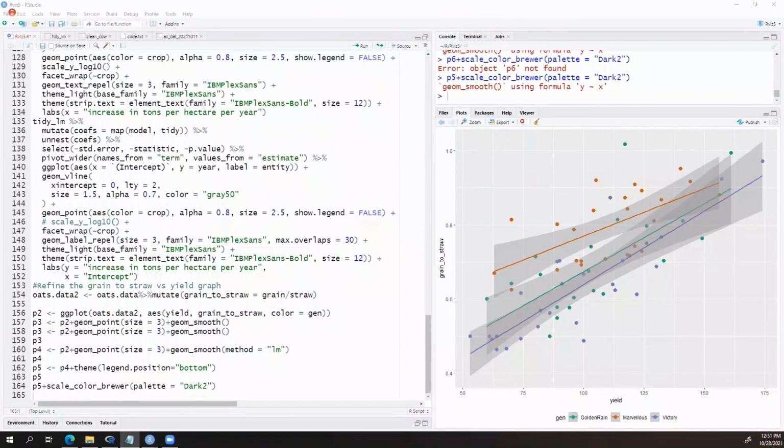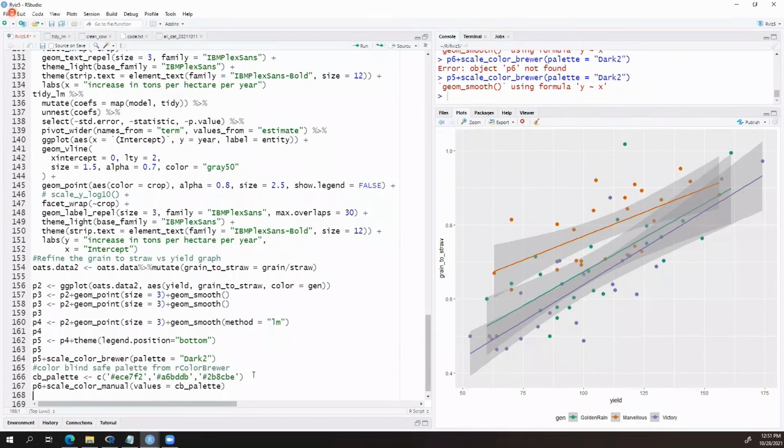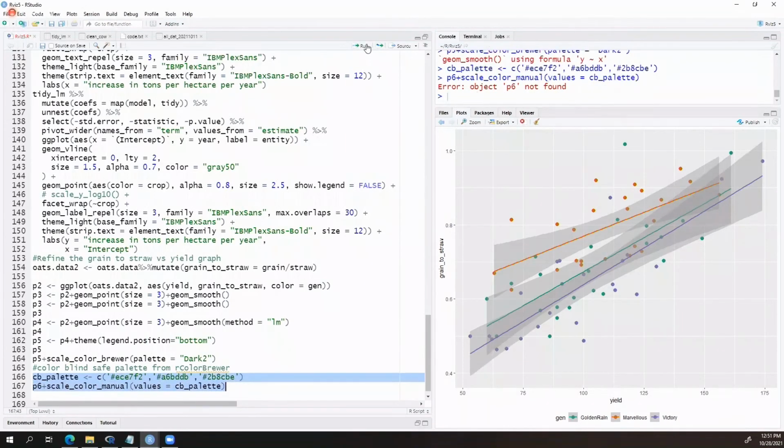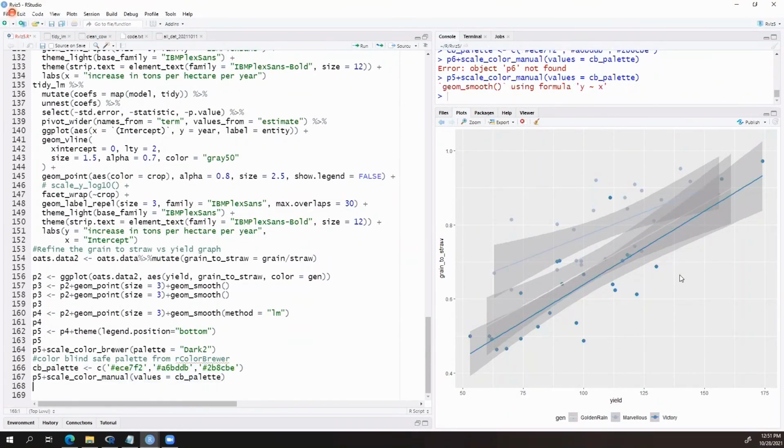And then the last thing is that if you go into a package called RColorBrewer, there is a palette available that makes it easier for people who have red-green color blindness to see. Okay, so this doesn't help me any because it's all in blues, and the lighter blues are a little harder for me to see. But if you are red-green colorblind, it does make it easier for you to see.